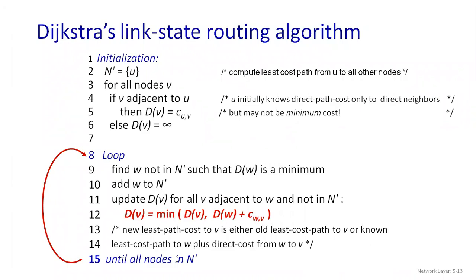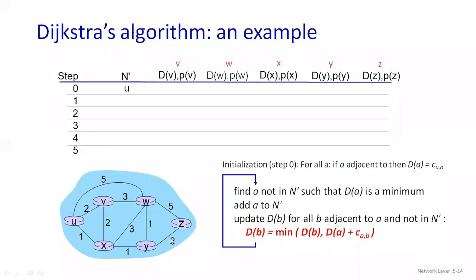I will show you the workout of all this in my example. You can understand it in a better way. Once you understand, you can follow this again. Then you are going to update your D of V, and this is my formula. You have to find out the minimum cost, and then you have to continue this process till all the nodes get over. Now this is the example.